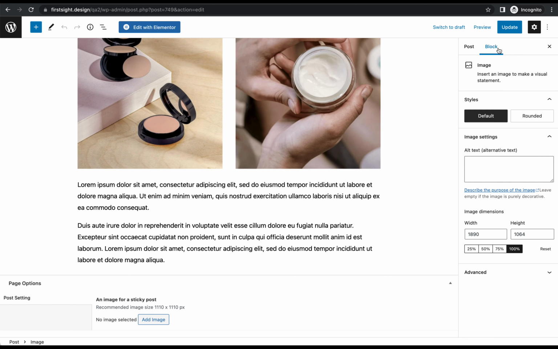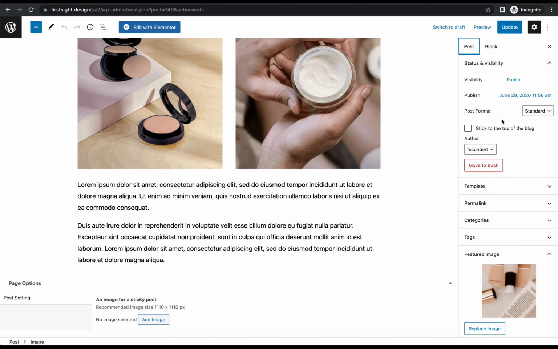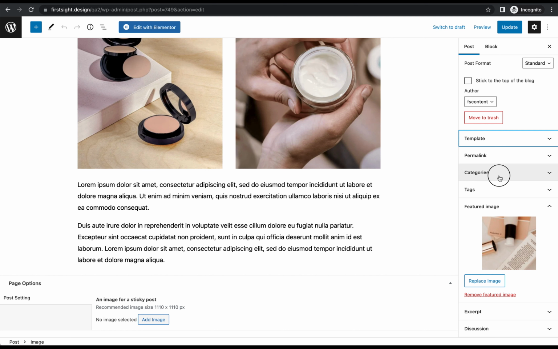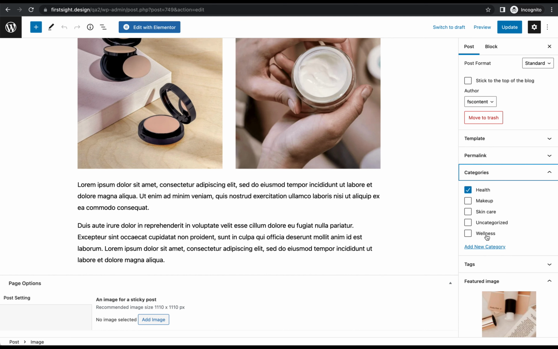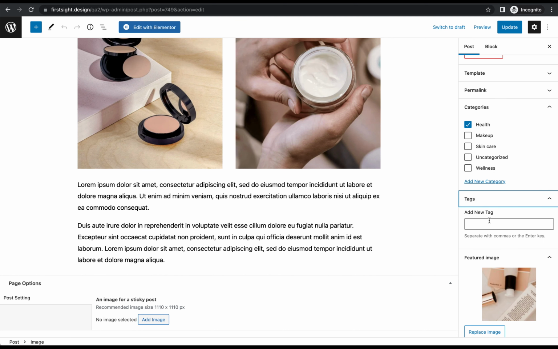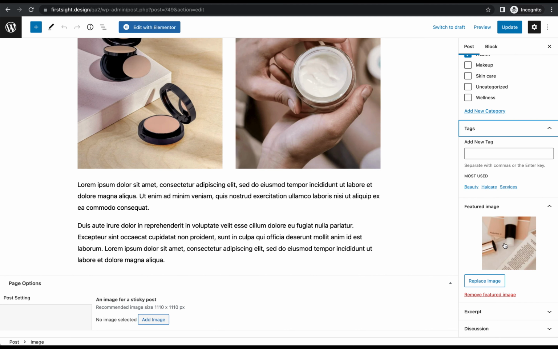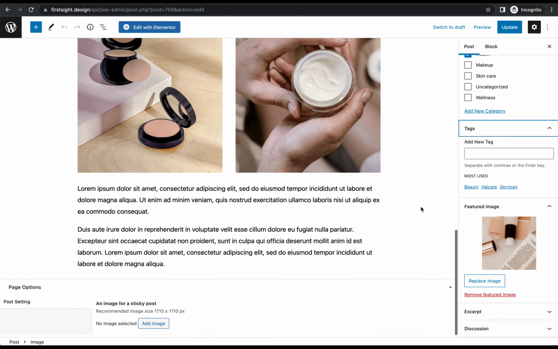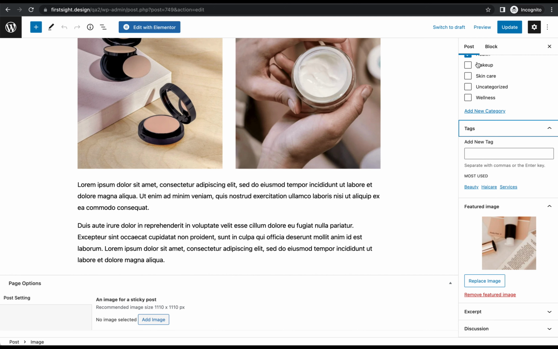On the right side panel, you can switch to post settings. You can here add categories for the blog post. You can add tags. You can change the featured image right here, and you can update settings. Underneath right here you'll see this setting, an image for sticky post. So